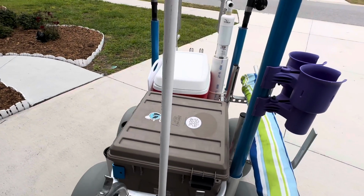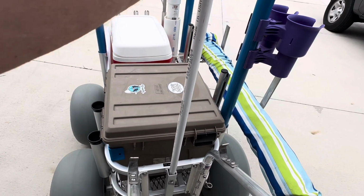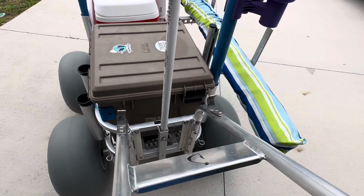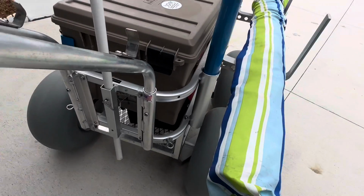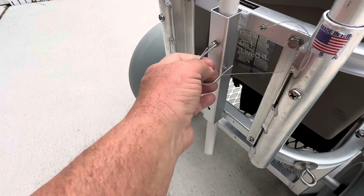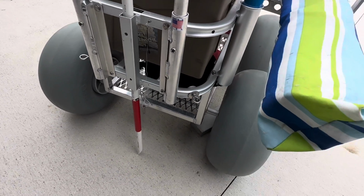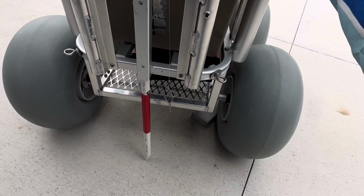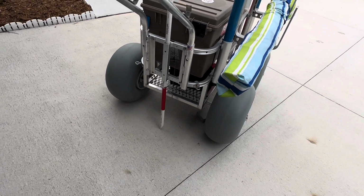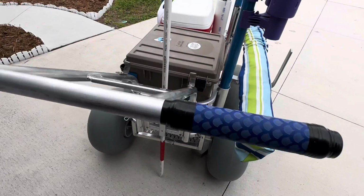This is CPVC. It's a little tougher, a little thicker, kind of a thick wall pipe, and I'm using that as a sand anchor. So when you see it down here, and I disconnect, these are one of the clips that comes with it, I drop down, and then this red is there to show me, hopefully draw my attention when I get up to move my cart, that my sand anchor is deployed, so I'm not trying to bend off the